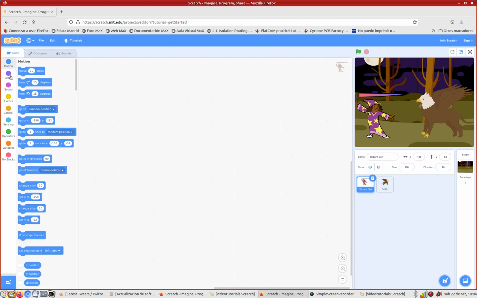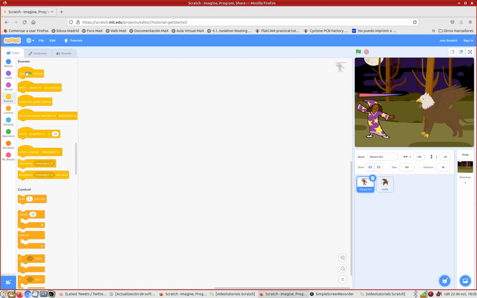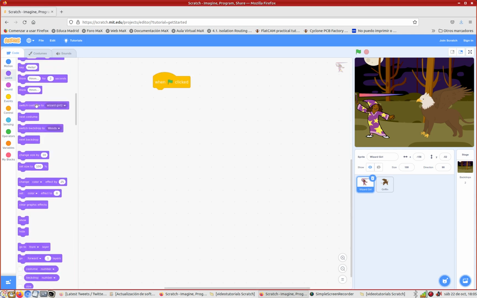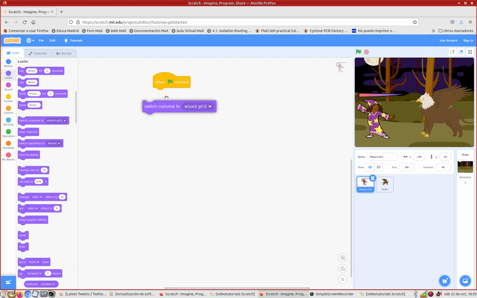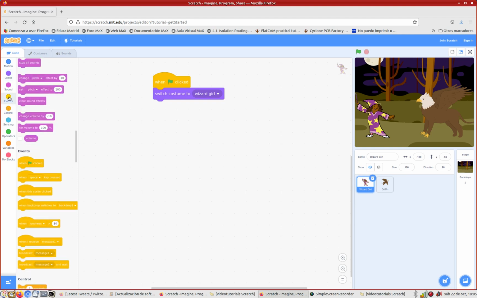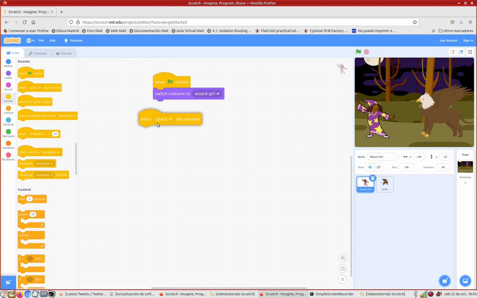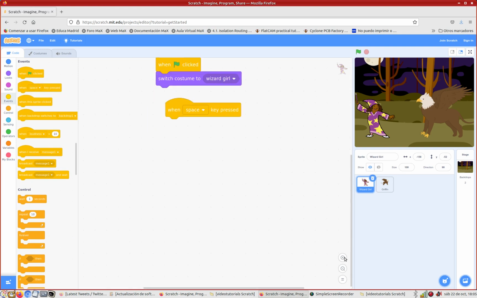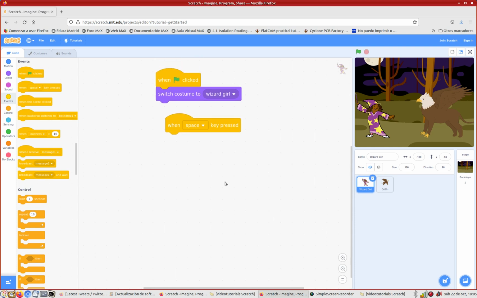Well, so at the beginning it's going to be wizard girl, so under looks switch costume to the first one. So when I hit the flag, it's like that. And now the idea is when I hit some key, let's say a space key, then the spell will be cast. So I will switch the costume to the second one,